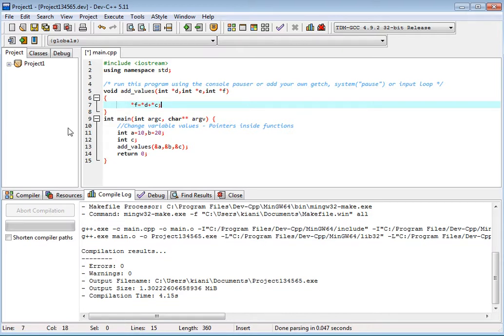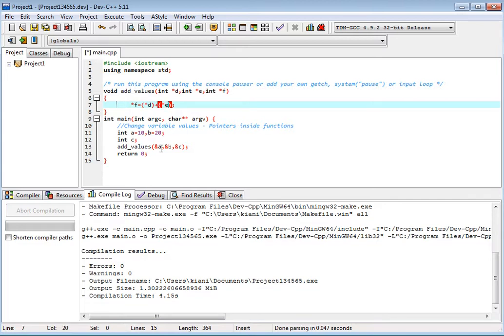This is how we change, and we should put the brackets, right, so that we can understand it easily. So value at c and value at d. So value at not d, this is not c, but this is d, e, okay.